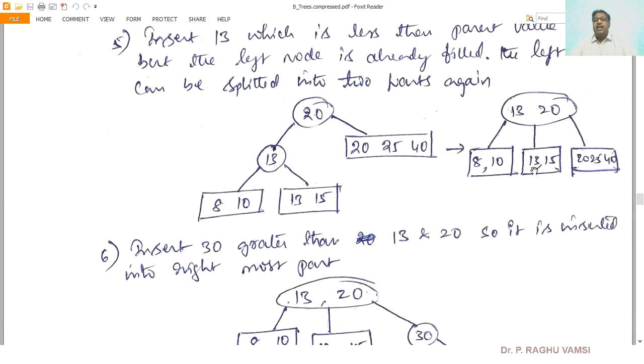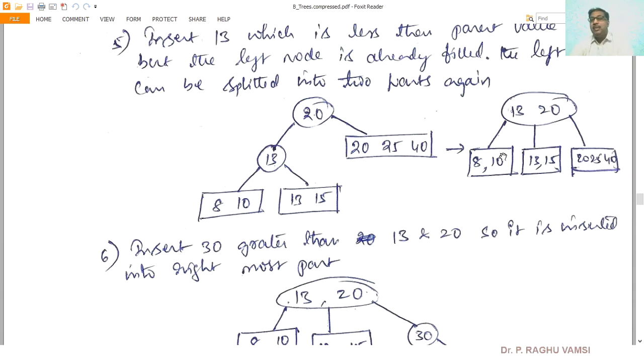That means I want to perform a range search. In such cases, searching for data items in a particular range is not possible, or is a very difficult task, in normal trees.